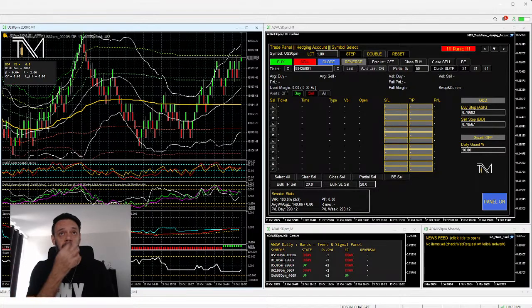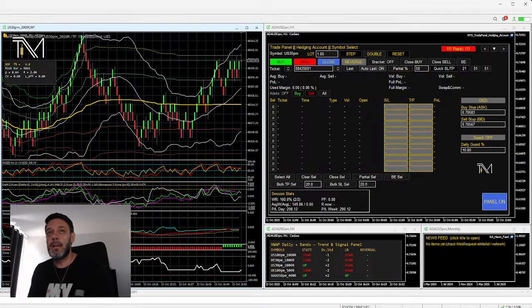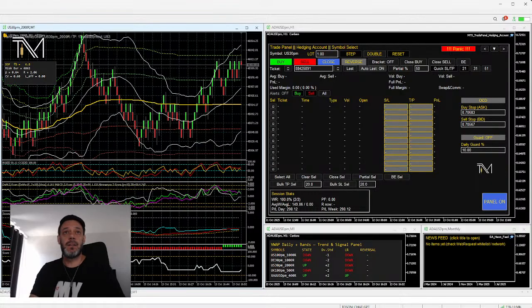So I know that in case I end at minus 3,400, I will stop my trades, close everything, and lose this money. It will be minus 3.4% of my account, but it's not a problem because, as you see,